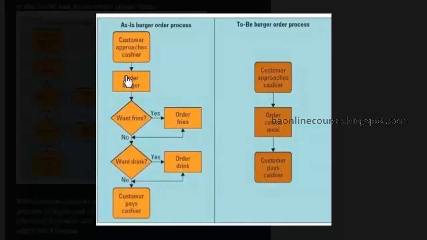Now first the customer approaches the cashier, then he orders a burger, then you check if he wants fries, and then he will order fries. Otherwise, if it's no, then he will be asked whether he wants a drink, then you'll order a drink, and then the customer pays cash, right? Now